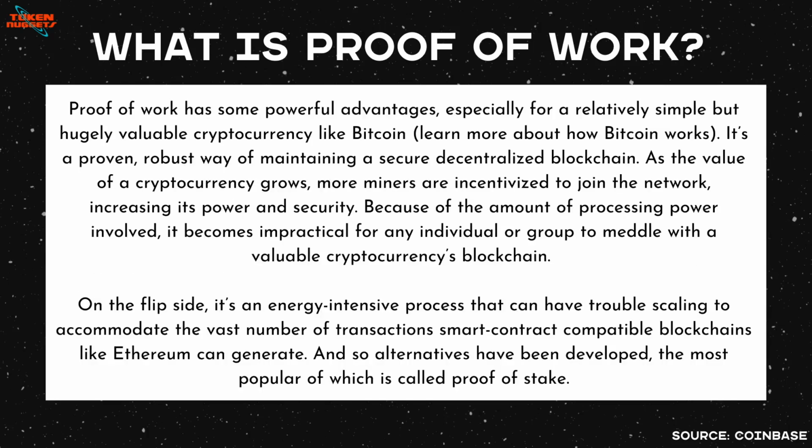Proof of work has some powerful advantages, especially for a relatively simple but hugely valuable cryptocurrency like Bitcoin. It's a proven, robust way of maintaining a secure, decentralized blockchain. As the value of cryptocurrency grows, more miners are incentivized to join the network, increasing its power and security. Because of the amount of processing power involved, it becomes impractical for any individual or group to meddle with the